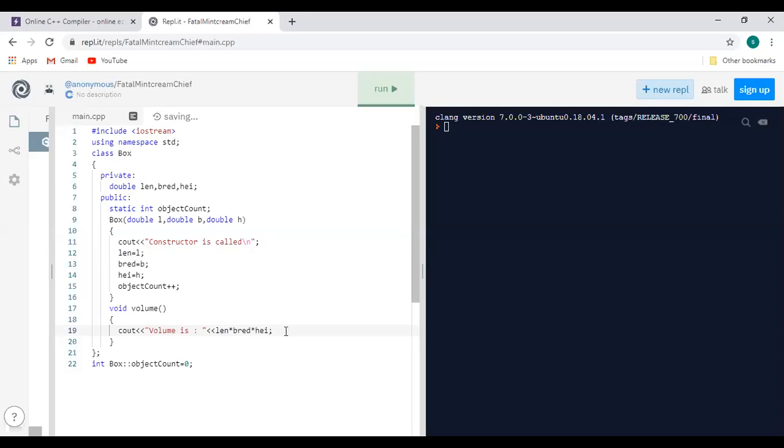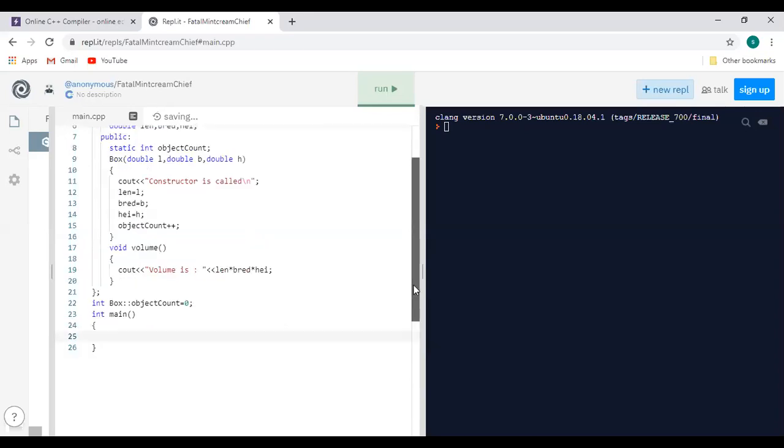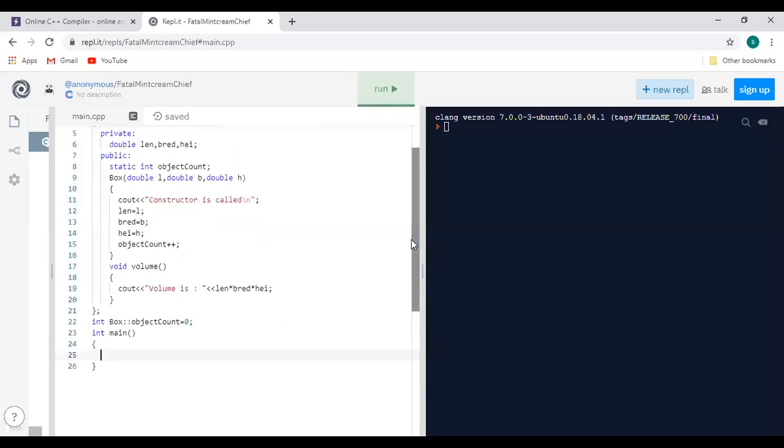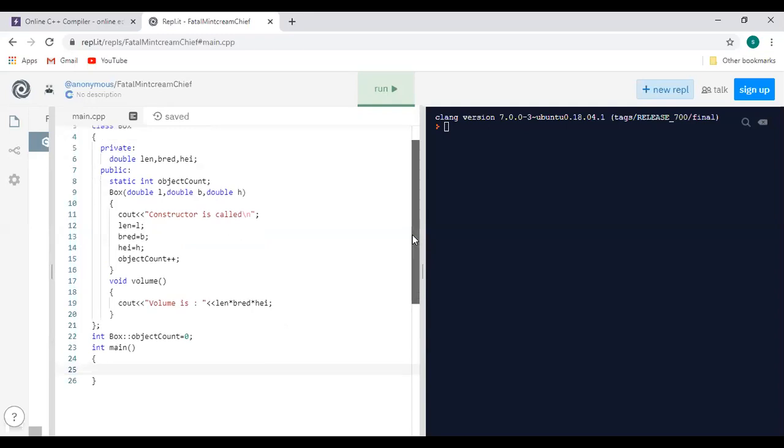I will complete the remaining code. Integer main. What will happen inside the integer main? What is the code? Yes, integer main. Inside the integer main, Box B1, creating the objects.